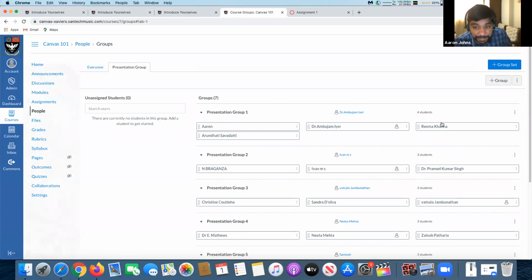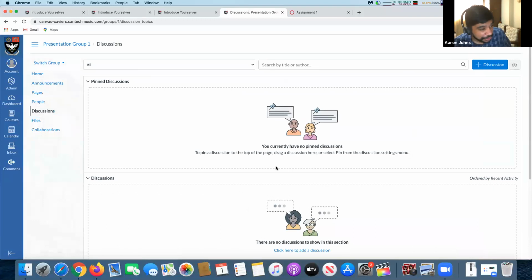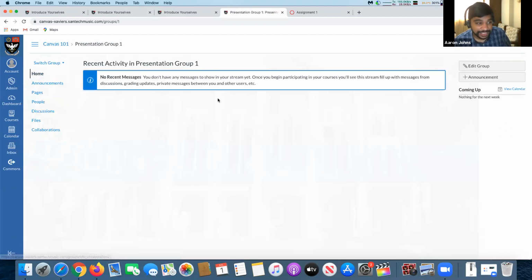So each group, by the way, has a group homepage. Within a group homepage, you can actually post content. You can have healthy discussions as to what you are doing, and you can share it with the teacher if you like. There's no problem with it. And that's a very good thing in a way. In this way, at least the teachers and students will know what they're doing, and teachers can encourage students to do even better. So the whole point is having these group sets.